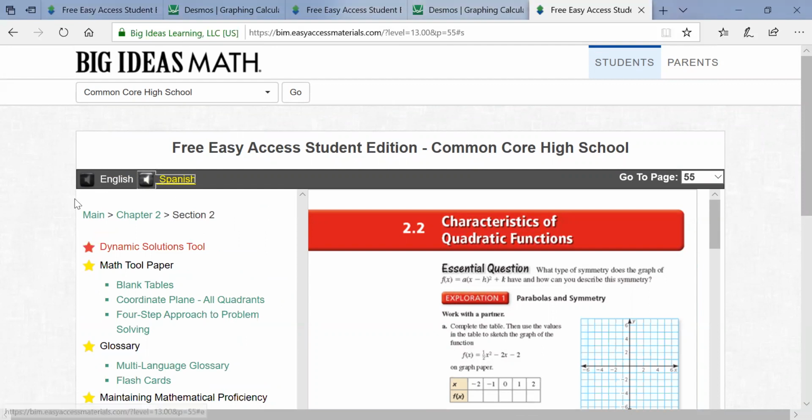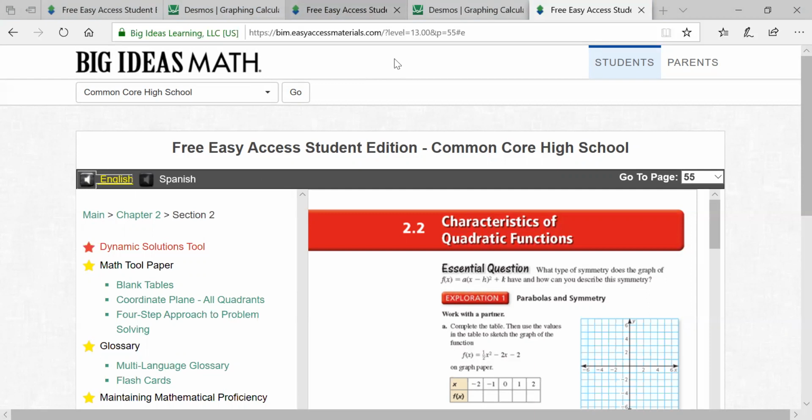But yeah, I just need to play with this a little bit more. There should be a way for you to change it into Spanish should you need it. But yeah, that's the textbook. Now let's just go back to that syllabus.